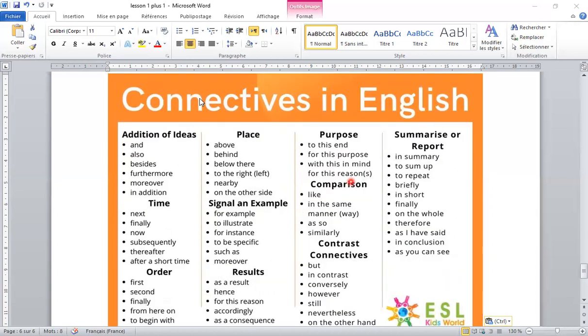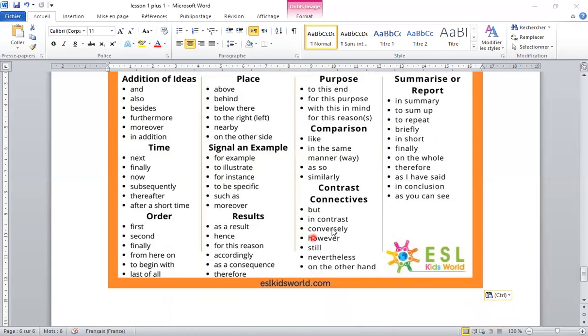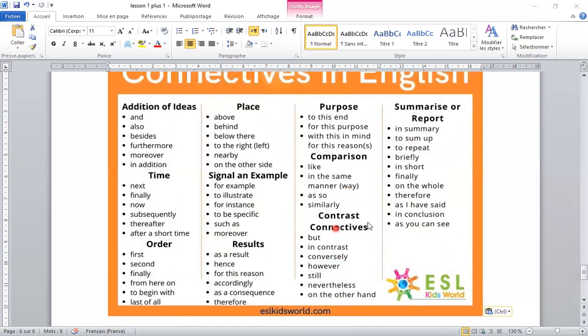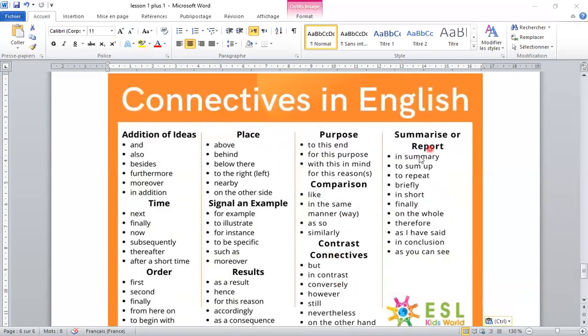Now, if we would like to use connectives for contrast or opposite, you can say but, yet, in contrast, conversely, however, still, nevertheless, on the other hand. All these connectives are for contrast, to show the opposite of your idea. If you would like to summarize or report something, say in summary. You can use this at the end of your essay or paragraph. For example, in summary, to sum up, to repeat, briefly, which means shortly, or in short,